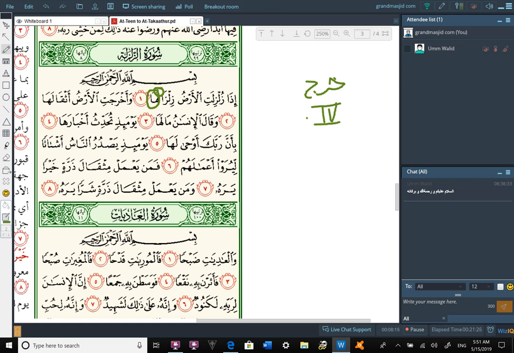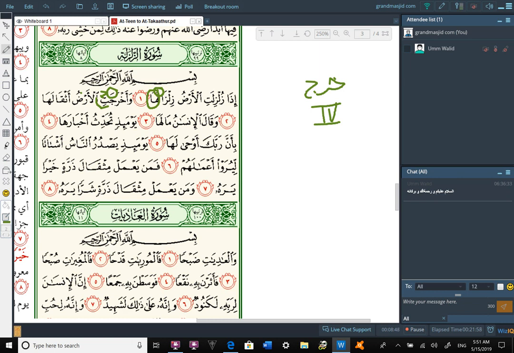أثقالها. أخرج or أخرجت is a fi'l madi, a past tense verb, مبني على فتحة. The ta is a ta ta'nith sakina. The kasra here is for reading purposes, because it should have a sukoon on it, and we have a sukoon on the lam for al-ard. So we put a kasra there for reading purposes to prevent the meeting of two sukoons. وَأَخْرَجَتِ الْأَرْضُ